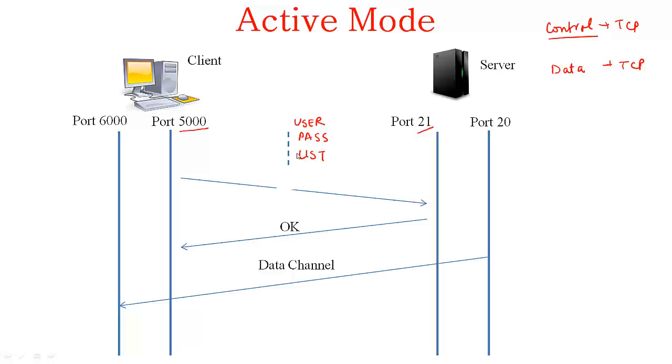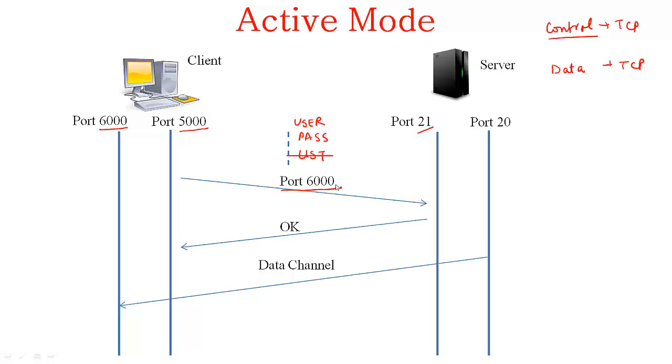So before you can even do this list, you have to specify to the server information such that the data channel can be established. What do you need to supply to the server? Basically, the port on which you are ready to receive the data. So the client will designate one such port and have a process listening on that port for that particular data, and send this information via the port command, where it will specify the port on which it is